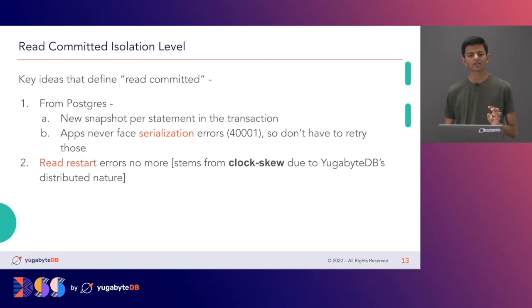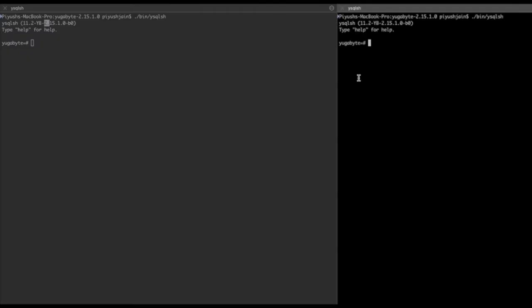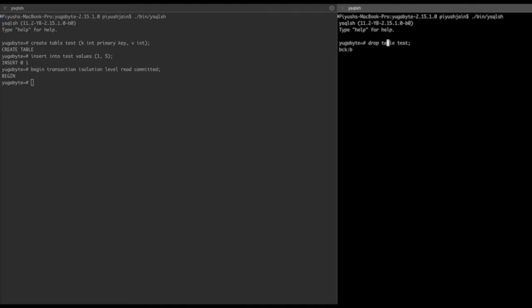Now given this, I'll quickly switch to a demo wherein I'll show the first 2 ideas. So moving to the demo, I have here an instance of YugabyteDB running on version 2.15, and I have 2 open connections to the database. Now what I'll do is I'll quickly create a table with 2 integer columns, one of them being a primary key, and let me insert a row 1,5 here, and now let me start off read committed transactions on both connections,